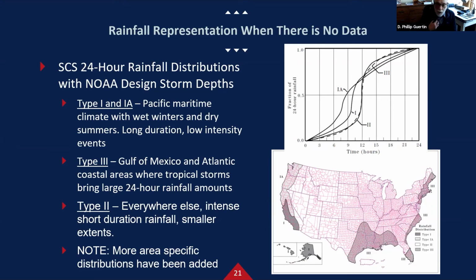Distribution type 3 usually refers to hurricanes, coastal events, as well as essentially the monsoons that you actually see along the Pacific area. So again, we do this within AGWA. You'll see this in several of the tutorials where we're going to use these design events to represent the rainfall